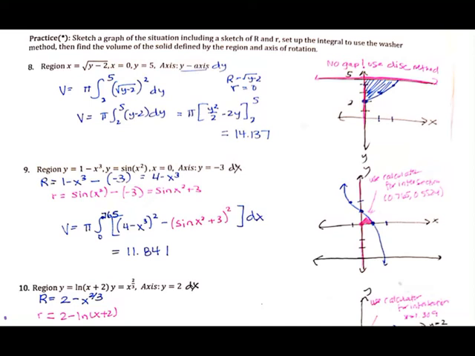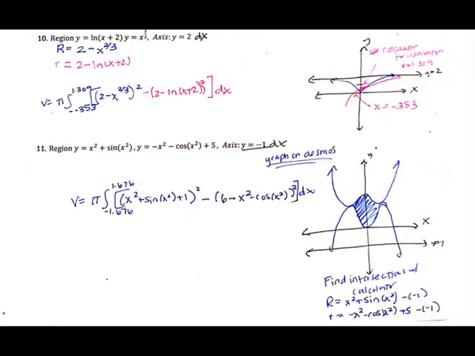You're going to be using cross sections when the problem specifically tells you to use cross sections. So something to notice on 8, there is no gap. There is no hole when we rotate that, so you can just use the disk method. For 9, there will be, and you're going to be rotating around y equals -3, which means you need to add 3 to each of your functions to accommodate for that distance below the axes. So pause the video, work through 8 and 9, and then unpause and we'll talk through the interesting parts of